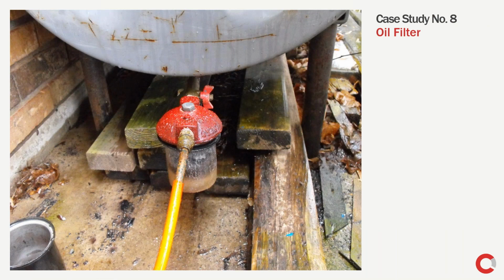We don't have only water pipes that freeze, we have oil installations that can freeze. In this image, you are looking at an inline filter at the bottom of an oil storage tank. What you see below the red lid is actually a chunk of ice. The filter itself is on the lower side of the image. This image was very precious for the investigation because a few days later, the weather conditions